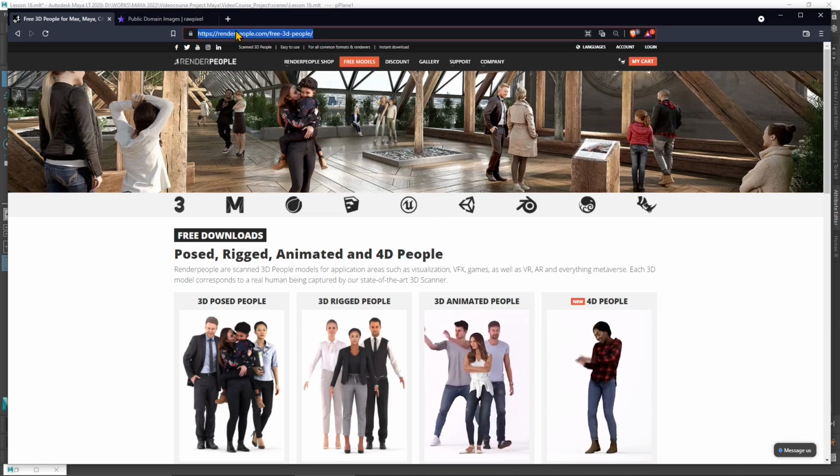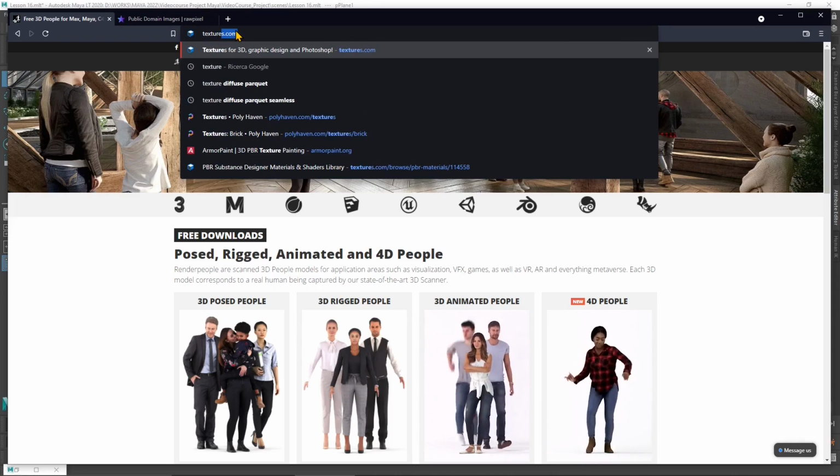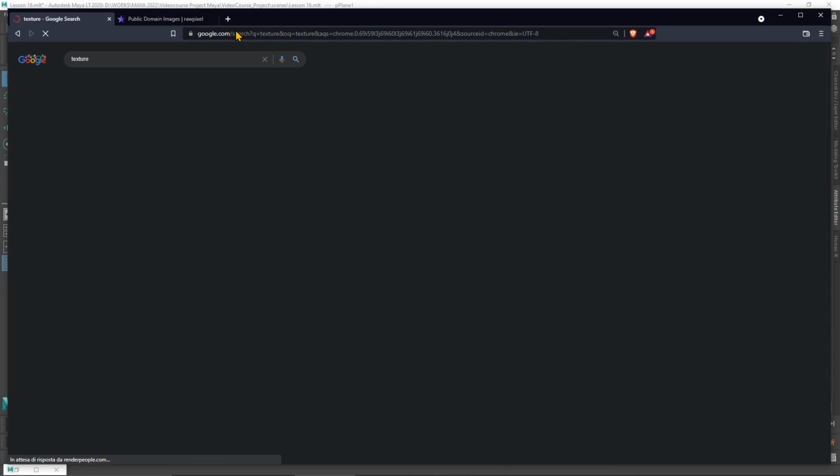So let's go back here in the web and let's start to search for some textures. You can directly